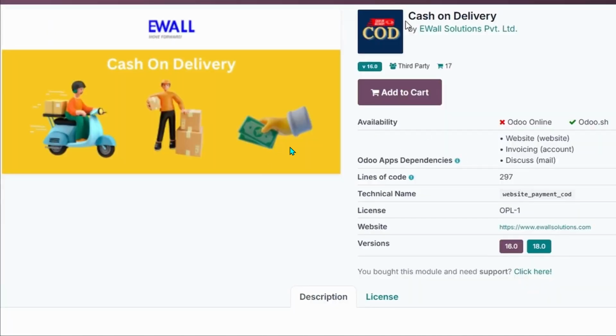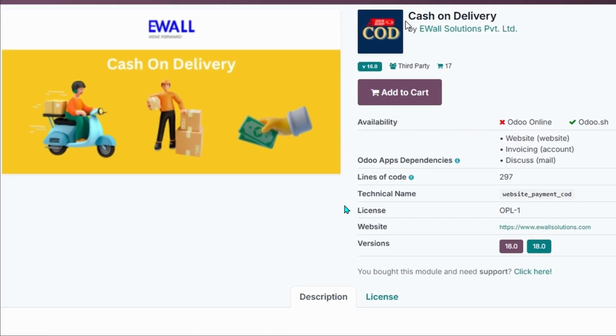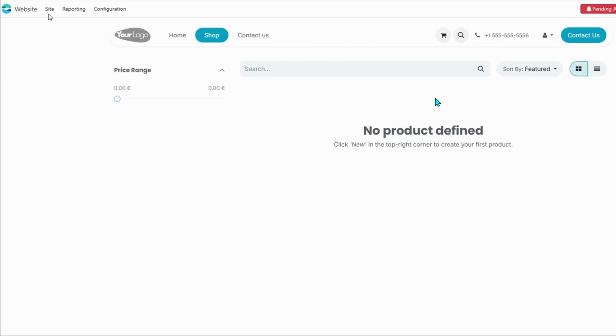In today's video, we're walking you through how to add the cash on delivery payment option to your Odoo website. If you want to let customers pay when their order arrives at the door, this guide will make it easy and hassle-free. First, head over to your Odoo dashboard, log into the database or instance you're using, then go to